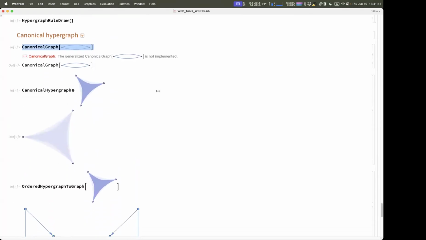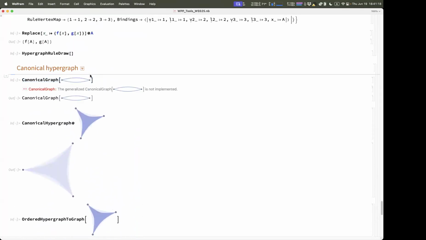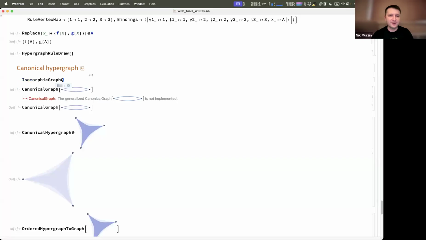What is a canonicalization of a graph? I don't even know what that is. So if you know about graph isomorphism, or the problem of comparing two graphs in general, if you have two graphs and you want to figure out whether they're isomorphic, so that you can map each vertex of the one graph to a vertex of the second graph, it's not a very trivial task, right? So you can think of it as finding the canonical transformation so that you can rewrite all the vertices of each of those hypergraphs to some unique labels, so that then you just compare them one by one,